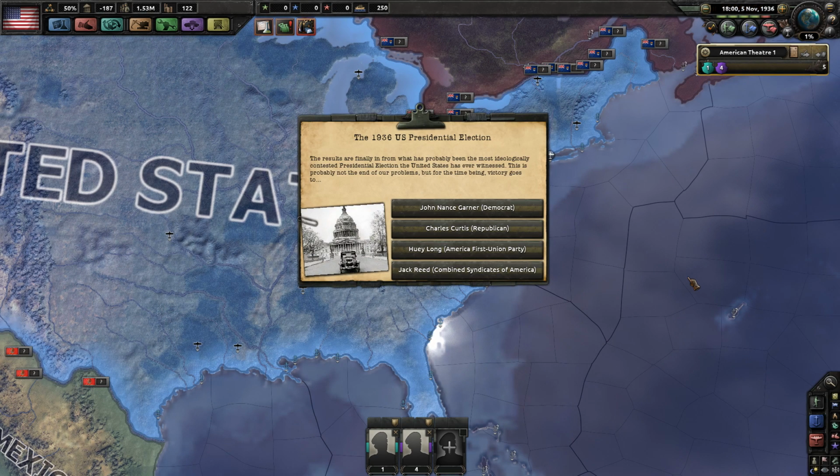Oh well. The 1936 U.S. presidential election. The results are finally in from what has probably been the most ideologically contested presidential election the United States has ever witnessed. This is probably not going to be the end of our problems, but for the time being, victory goes to...